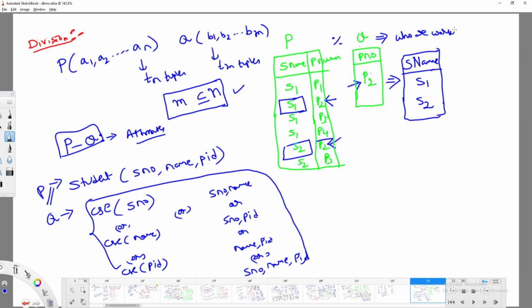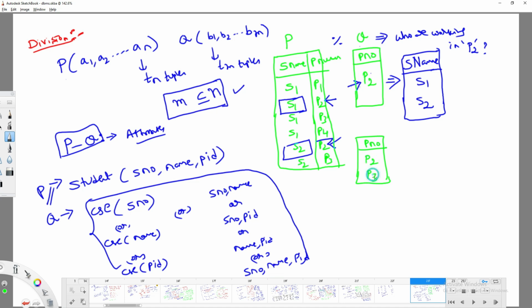For example, you can take one more example to get clarity. I am going to take project number where it contains P2 and P3. Now tell me what you are going to get.